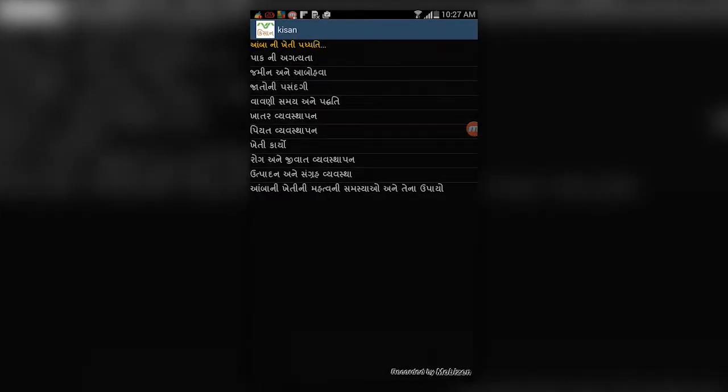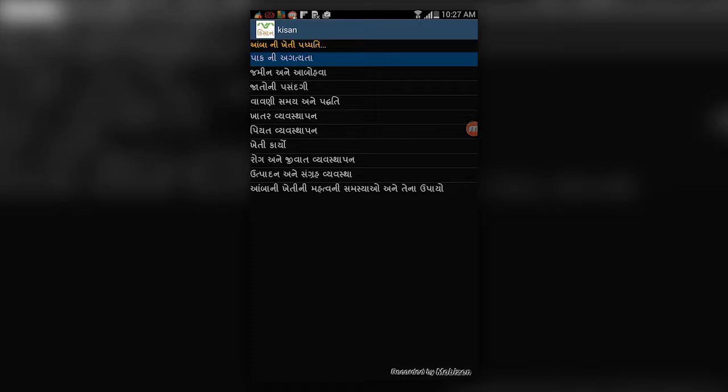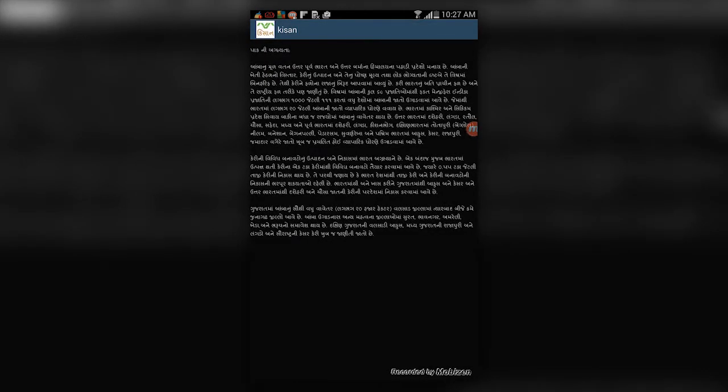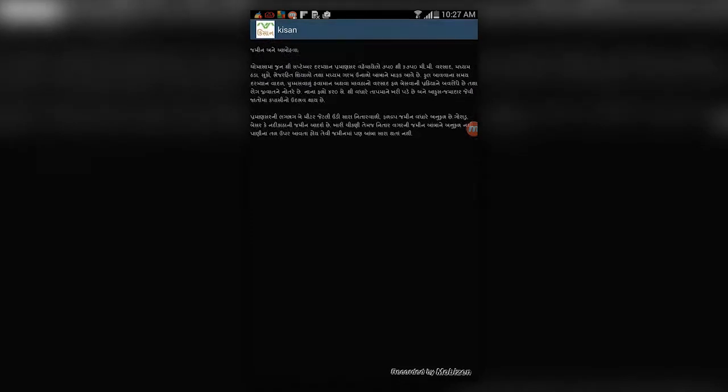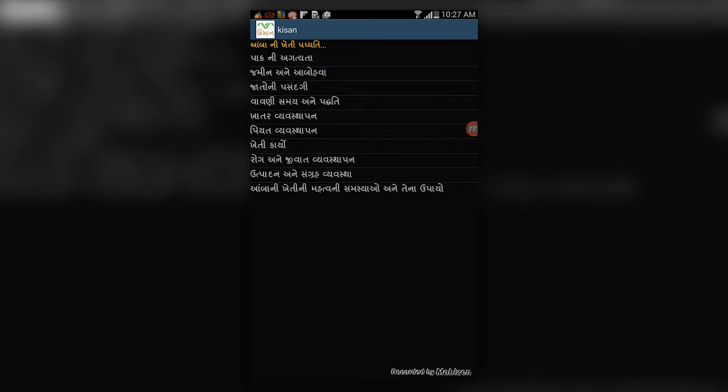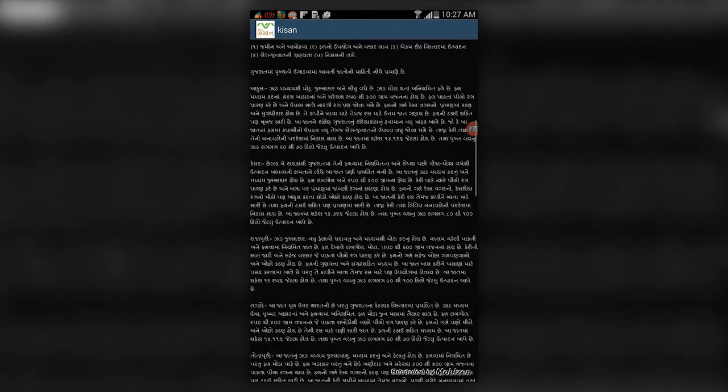Now we'll go for the first. We'll go for the mango plantation. Now, if you go for this mango plantation, first it will start with the importance of crop and the general introduction about the mango trees. Then the second is what kind of soil and atmospheric requirement is there for the mango plantation, that is being also depicted here. The most important thing for the mango plantation is variety selection. Now it contains the different variety selections that Navsari Agricultural University has recommended over the years, that everything up till this point of time has been included in this app.